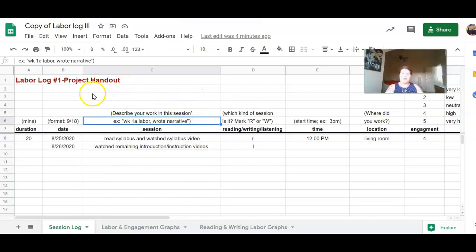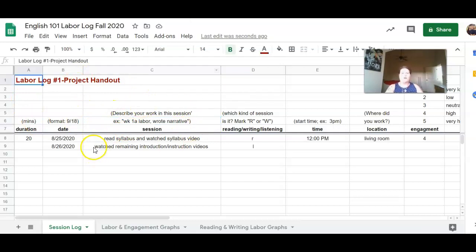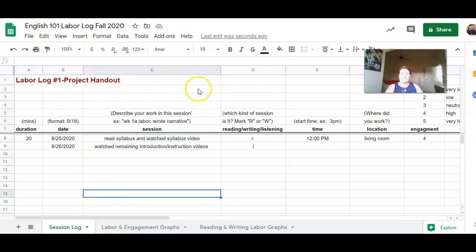So if you have not made a copy and you made changes to this document, please follow these instructions and go back through and make a copy of the labor log into your own Google Drive folder, and then make the changes there, and then you can share this link with me when you submit your labor log for the